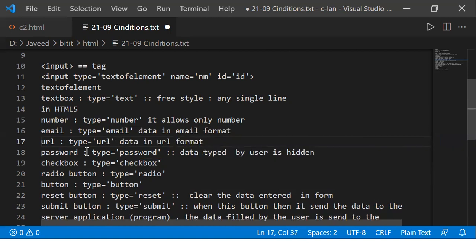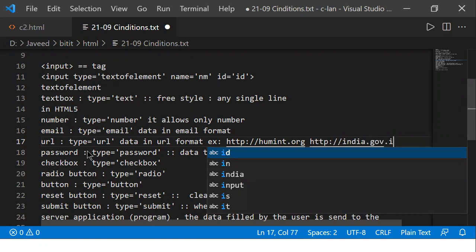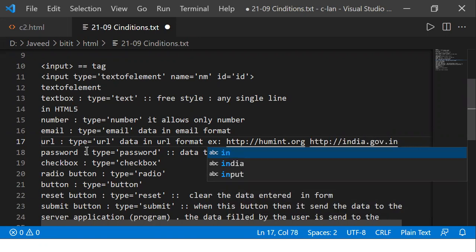When you say URL format, for example, you have something like http://human.org, or http://india.gov.in, something like this. The URLs are going to be there.